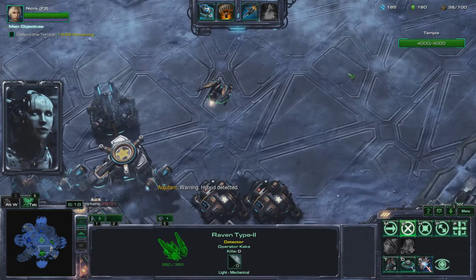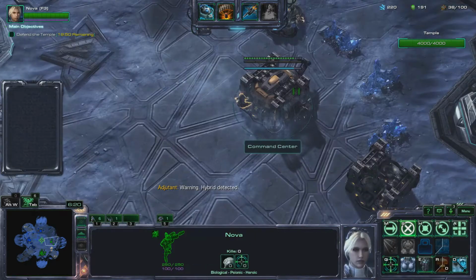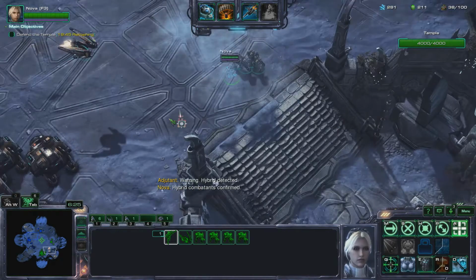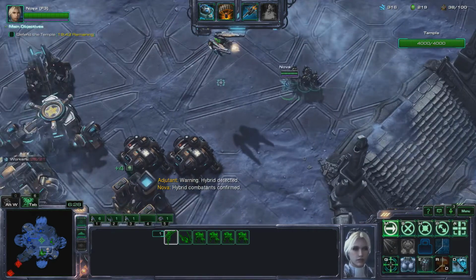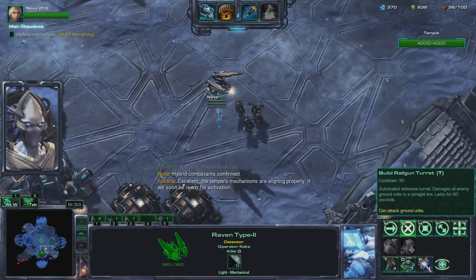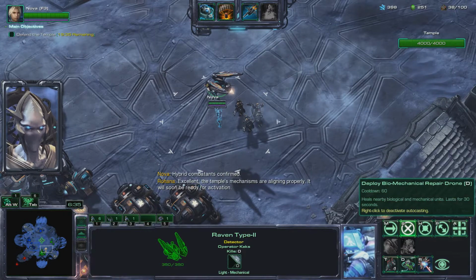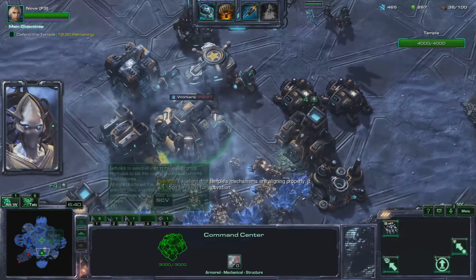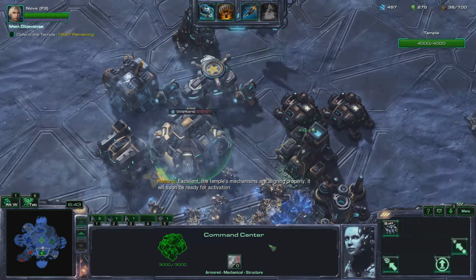I also like the way the Ravens work with Nova. She has a Raven Type 2 that can spawn one railgun turret, one biomechanical repair drone, and one predator missile. But they do not need energy